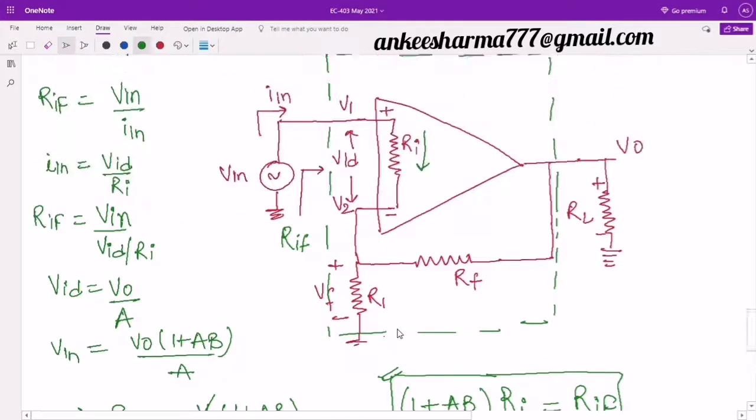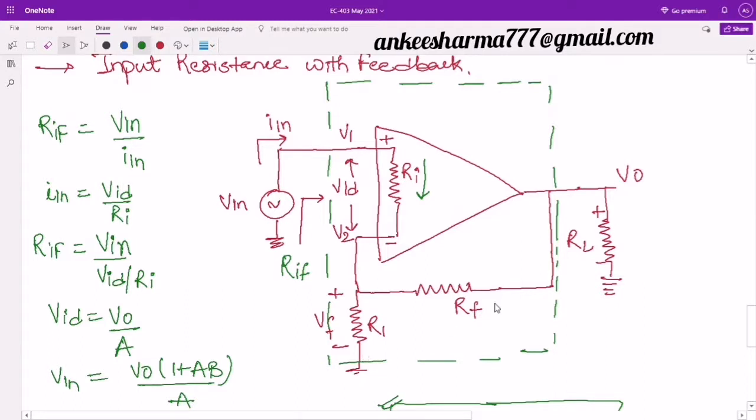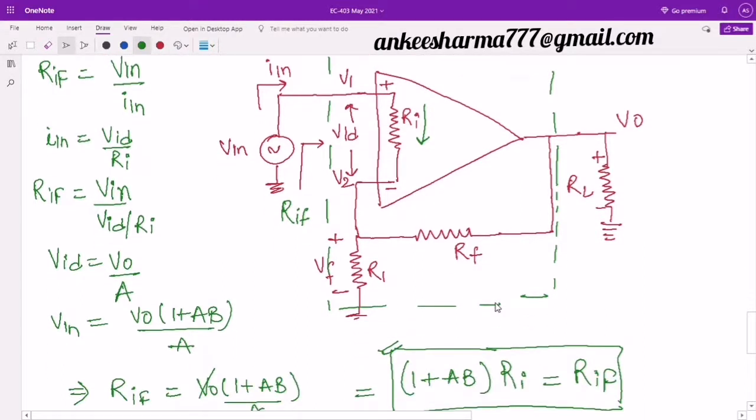Next, is it clear to you now how we have calculated the input resistance with feedback? Just the diagram is important. You have to understand this diagram, where we are connecting things. Although the diagram is also not tough, we have seen this feedback configuration. It means negative feedback is always applied. I'm just applying an input to the non-inverting terminal, because this is the case of the non-inverting one. So that's why I'm everywhere connecting my VIN to the non-inverting terminal. Rest of the things are same. You have to just remember these few steps.